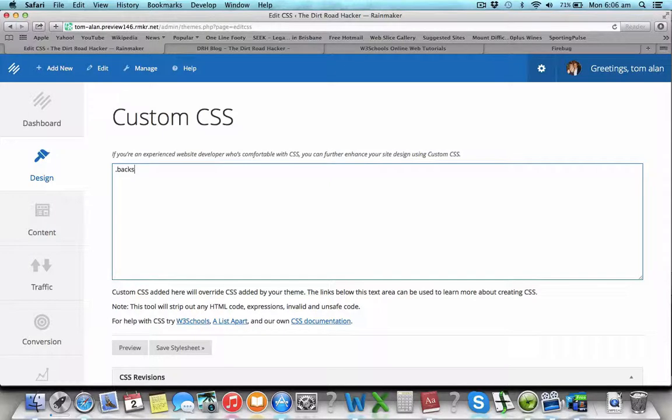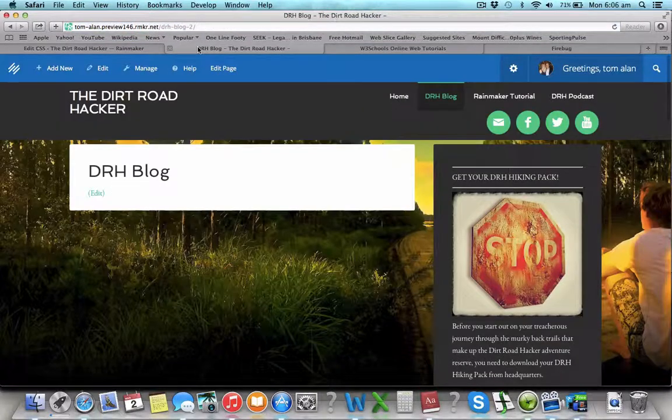So the code to remove the backstretch image on all of those other pages is full stop backstretch, open bracket, display none, and then close bracket. And that will remove the backstretch image from all of the pages, including the home page. And notice the elements here. We've got our open bracket. You need the full stop and then backstretch, and that is the element, and then you've got your open and close brackets. So once you've done that, save it and come over here, and I'll reload it,